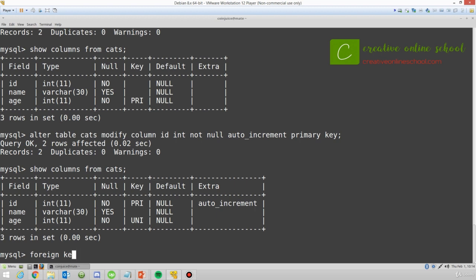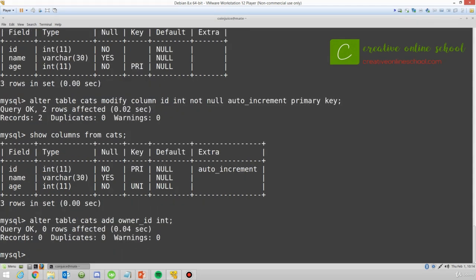And what foreign keys do is they reference other tables inside of your table. So we're going to add another column called owner ID, and we'll just define it as an int for now. And what we're going to do is alter table cats, add